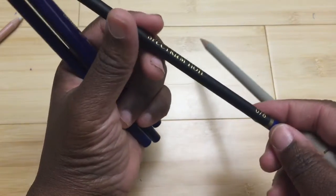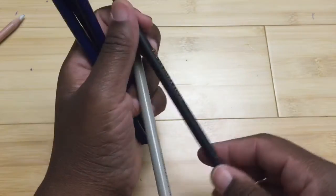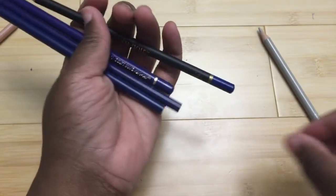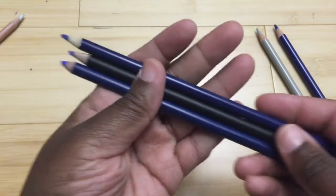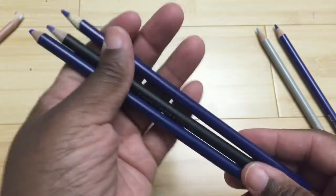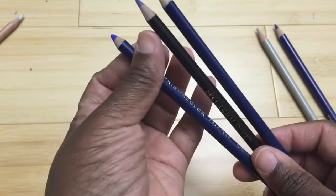I think in the case of these, even though they're called professional pencils, there's no lightfast rating. It's strangely colored, but there's other reasons too. Even though they're called professional, I think they're closer in comparability to the Crayolas than pretty much any of the other brands. The only thing that I think maybe is better than the Prismacolor is the fact that with the Prismacolors,